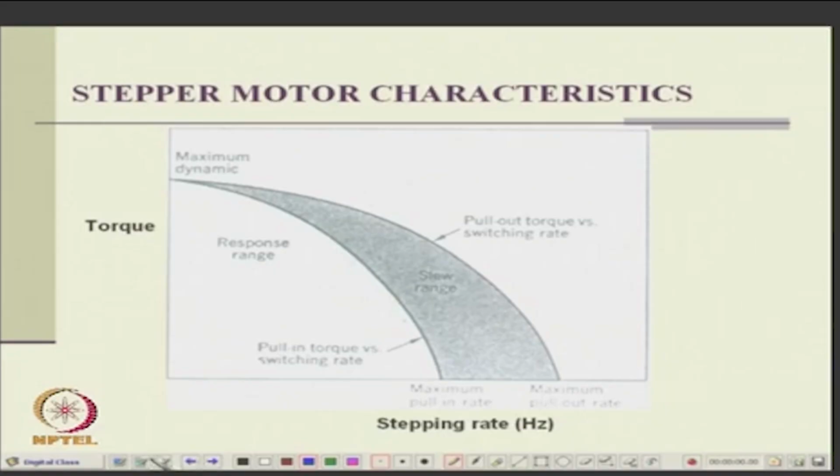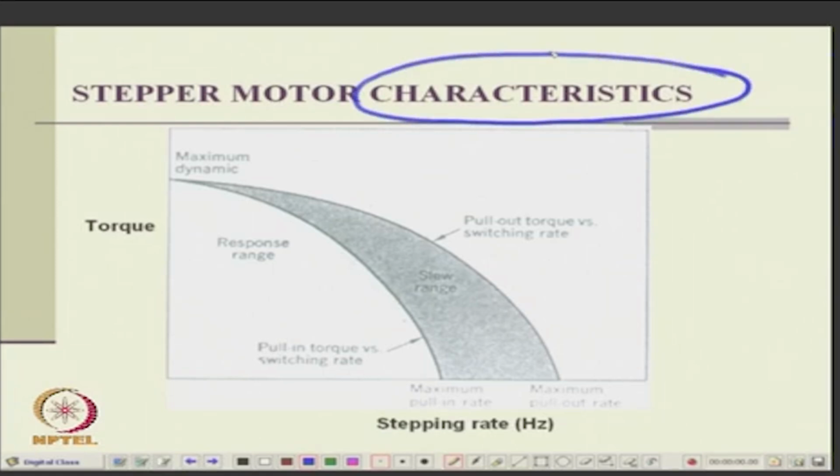Now, one important characteristic of the stepper motor is as follows. You have a stepping rate, some frequency, and supposing it is a very low, 0 stepping rate, meaning it won't change, it can hold a maximum torque. But it has some other stepping rate, say,